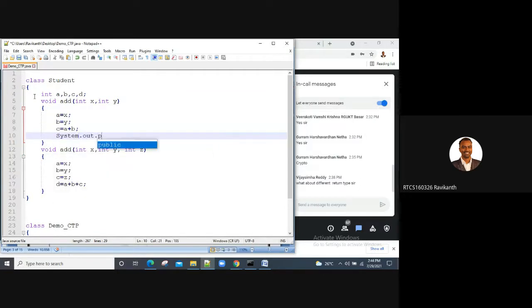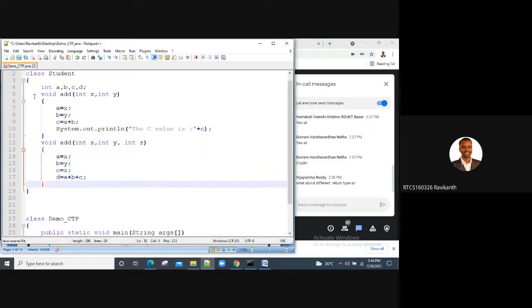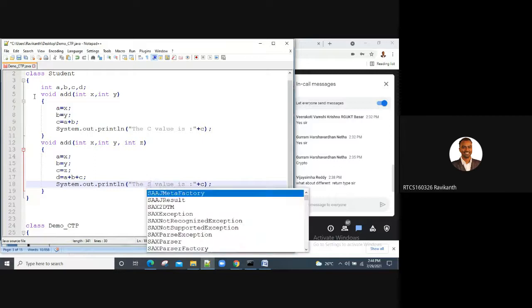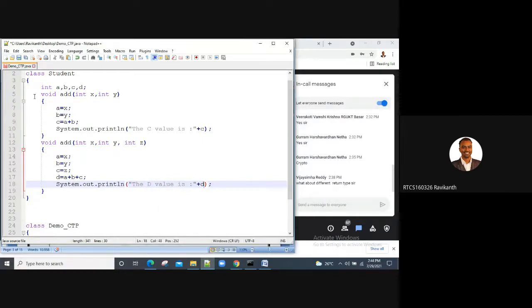System.out.println, the c value is, colon, then c. Then similarly I'll display it here: the d value is, d. So this job we have done.